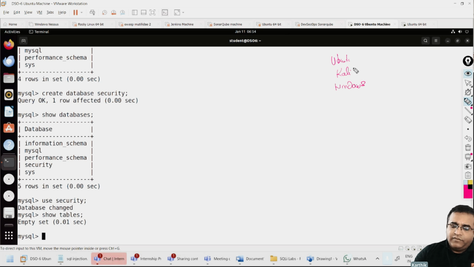Yeah, Ubuntu is an operating system, right? In terms of operating system, there is no limitation. You can install MySQL on any operating system of your choice. You can install it on Ubuntu, on Kali, on Windows, on Mac, or in many different places. In fact,